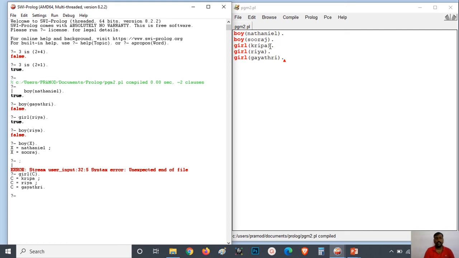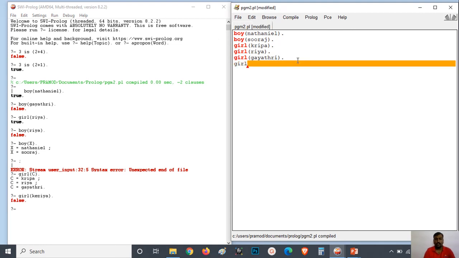If I am checking with a new name, girl of Kesia, it will show false because there is no matching statement like girl of Kesia. So if I want to add Kesia's name here, then you have to go here, girl of Kesia.